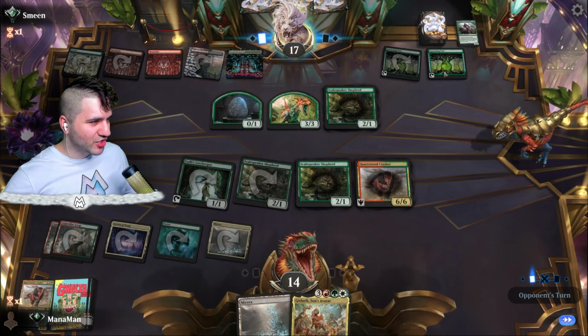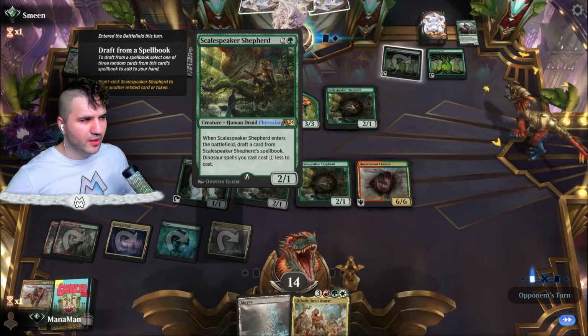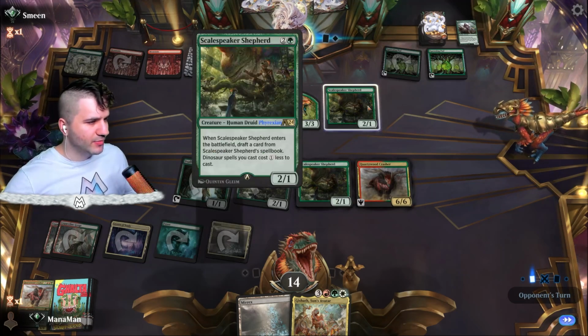Scalespeaker Shepherd makes everything cheaper, so I don't really love that. And they can go for Spawning Pod. But I guess if they Spawning Pod their own Shepherd, they also make whatever they're going to play more expensive next turn, so...